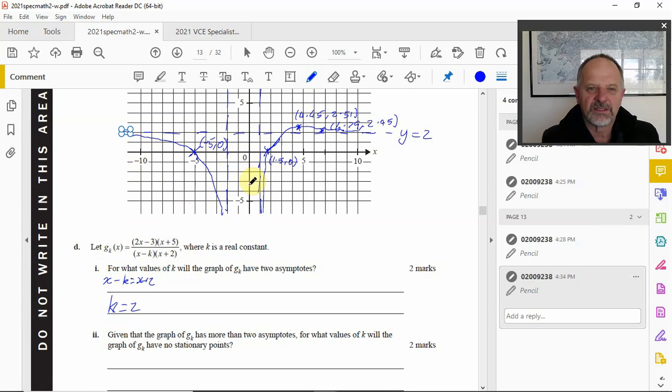There are some others. Now the others will occur if there's some cancelling. So if that cancels, for example, then there would be one. Also, if the x minus k cancelled with the x plus 5, there would also be one. So the other is when x minus k is equal to 2x minus 3,